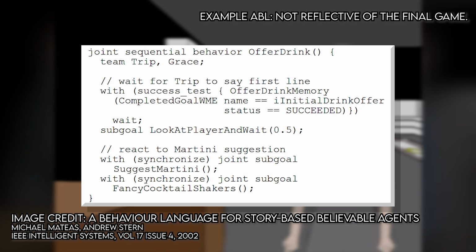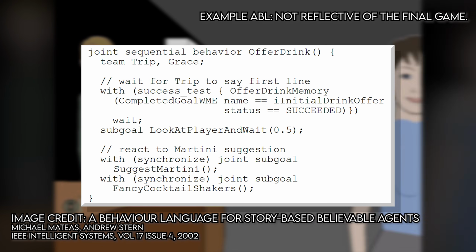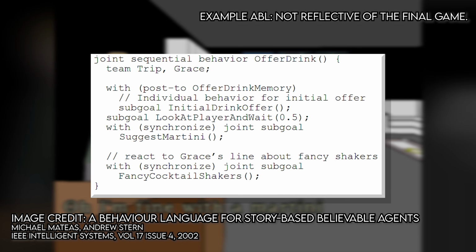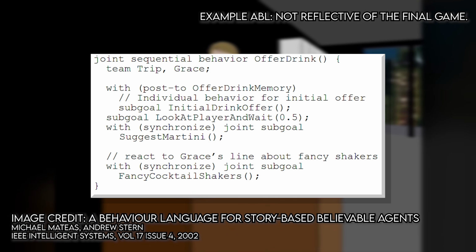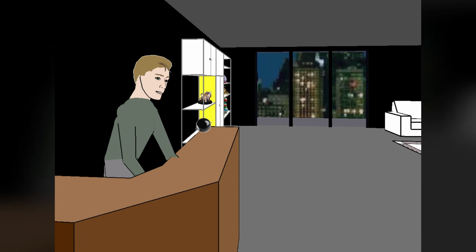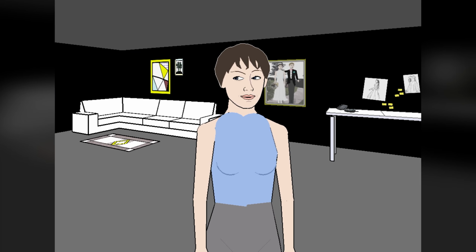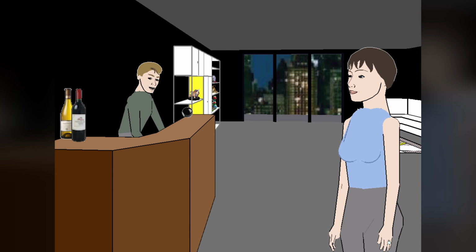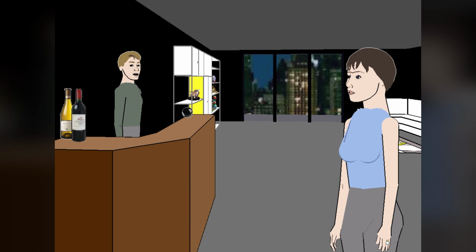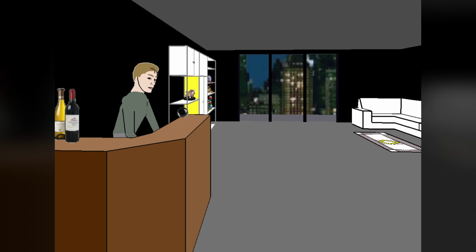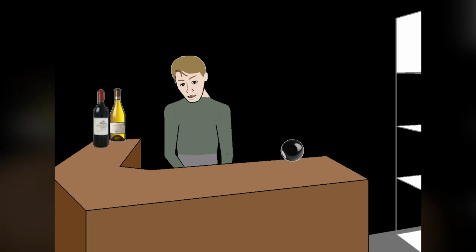Trip offers you a drink and will walk to the bar, continuing the discussion, and prepares the drinks if he makes it there. Meanwhile, Grace will roll her eyes and interject, making comments about his cocktail shakers, forcing Trip to argue with her. Grace and Trip secretly signal to one another what actions they are going to commit and agree to participate together or reject the action if they're unable to complete the request. This is all carefully synchronised, and actions can't be executed until they agree on whether they will work together or not. Hence, you'll notice they very rarely talk over one another.